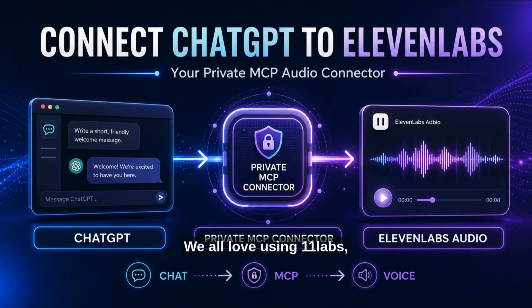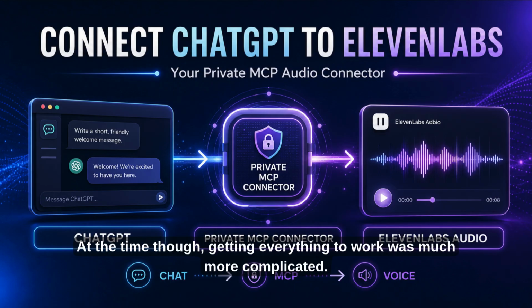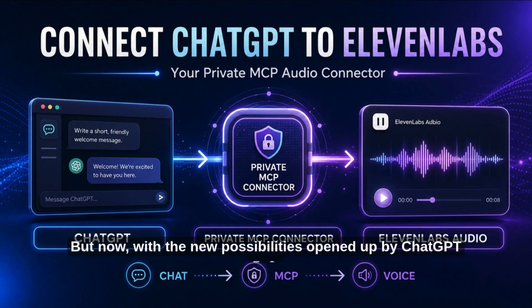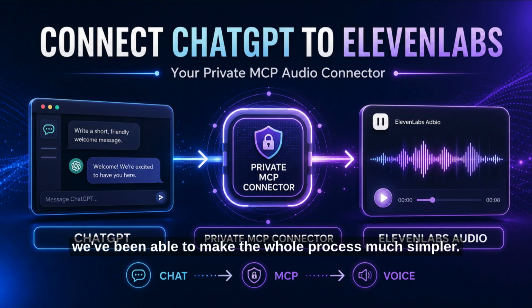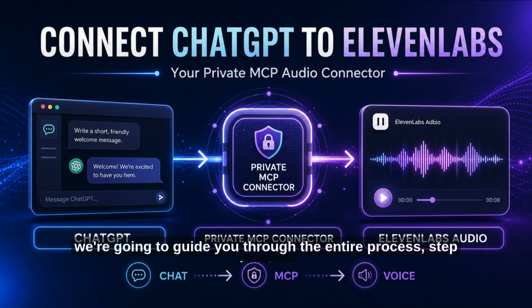We all love using ElevenLabs, and Laura had already tried building an MCP that would allow me to send her voice messages directly through ChatGPT. At the time though, getting everything to work was much more complicated. But now, with the new possibilities opened up by ChatGPT 5.6, we've been able to make the whole process much simpler. There's no complicated setup and no coding required. You only need to deploy the MCP connector, connect it to your ChatGPT account, and that's it. It's genuinely very easy, and in this video, we're going to guide you through the entire process, step by step,